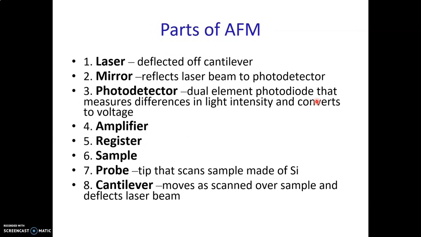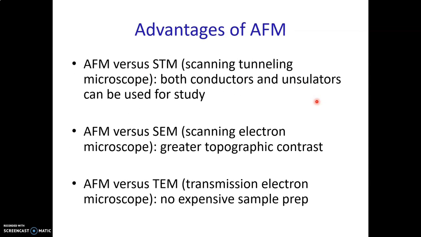This is a schematic setup of the AFM. The laser strikes the cantilever tip of the AFM. The deflection happening in the cantilever tip is calculated from this incident beam, which gets reflected towards a photodiode connected to the detector to get the image of the surface of the sample. So this is the laboratory view of the AFM equipment. And these are the advantages of the AFM.